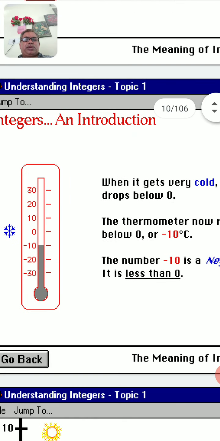And you see, suppose minus 10 degrees centigrade is the temperature, then it is below 0. So we can say that it is negative. The temperature below 0 is negative and the temperature above 0 is positive. The temperature in Leh, Ladakh and Shimla, sometimes it is negative, below zero, very cold places. Then we indicate them through a negative sign.